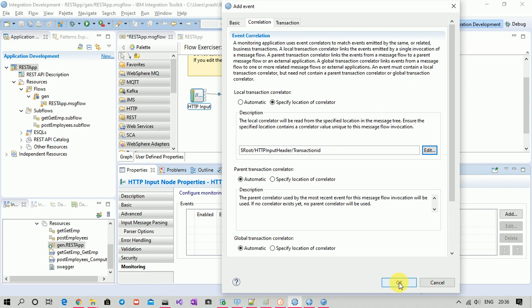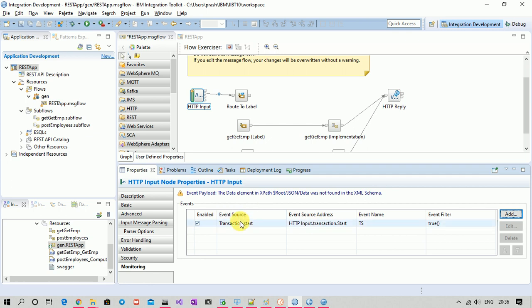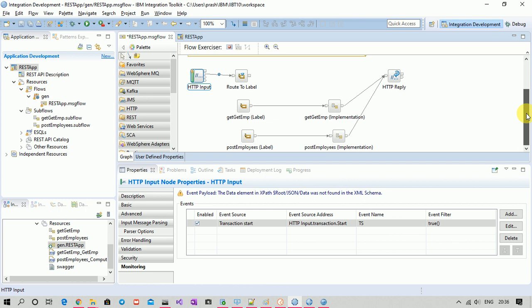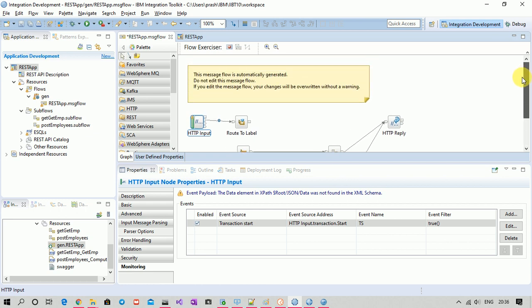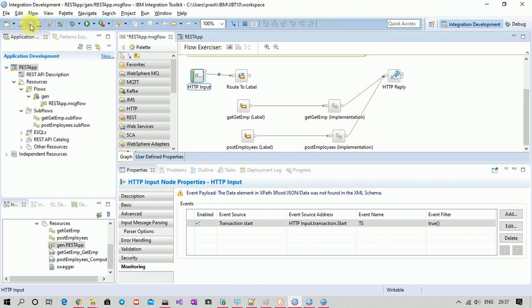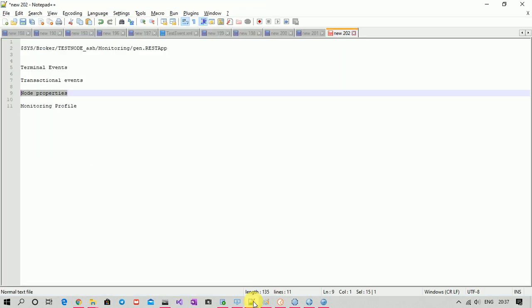Now save it. Now create a subscription which subscribes to this particular topic. There is one more thing. This particular topic string is specific to this integration node and this flow only.